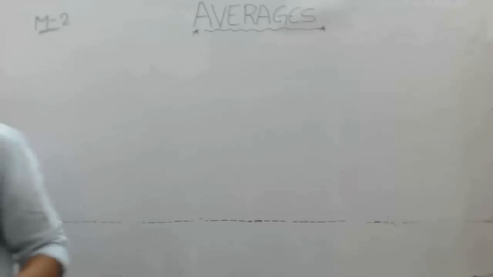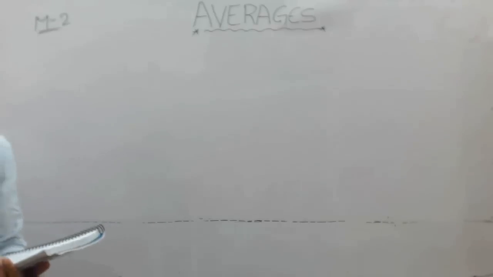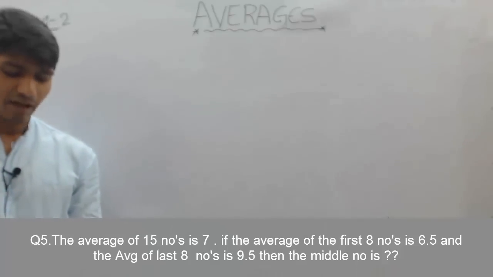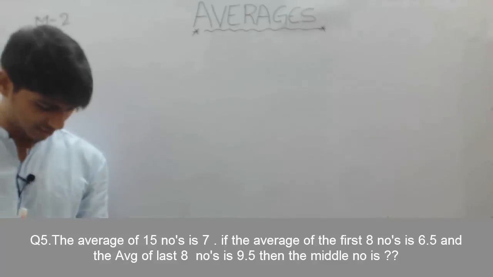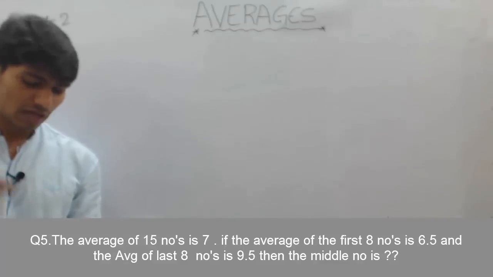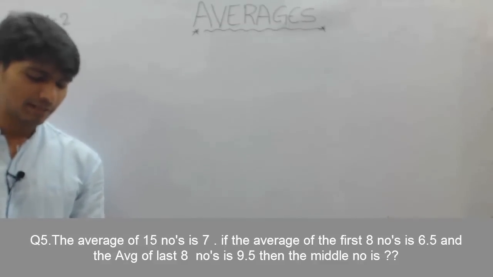and this is also a similar type of question but a little bit different. The average of 50 numbers is 7 and the average of first 8 numbers is 6.5 and the average of the last 8 numbers is 9.5. Then the middle number is,